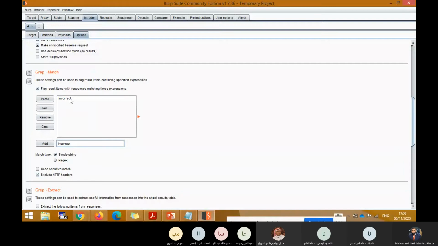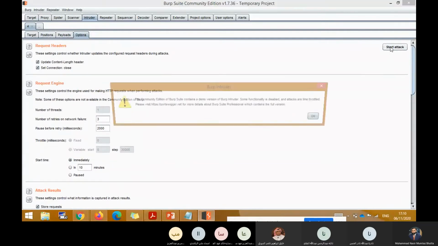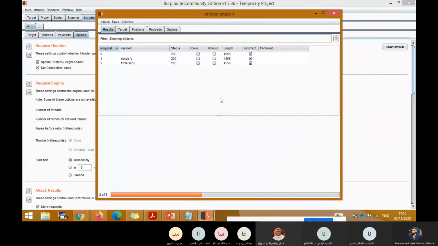Please, whenever you see this word incorrect, flag me. I can enter a regular expression if you want to put some kind of stars or some other combinations. Or I can put case sensitive if you want a higher restriction. But let's keep it simple. And I select the incorrect and now launch the attack again.